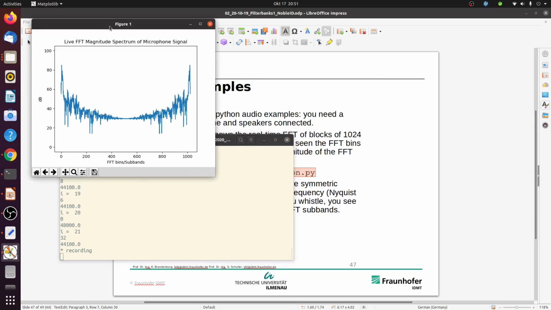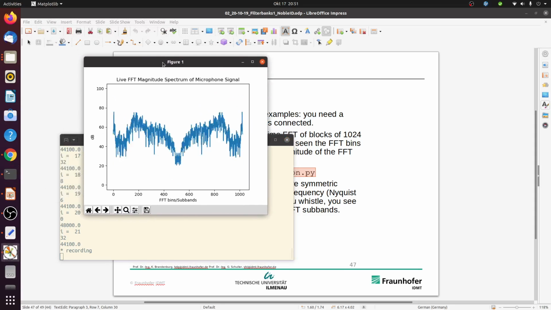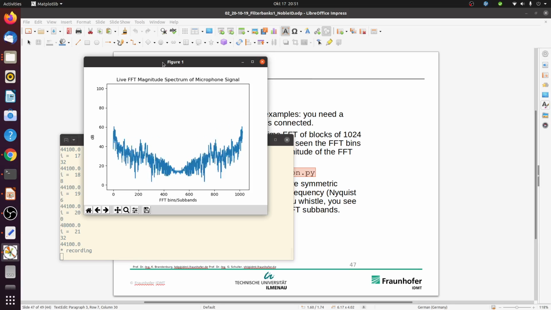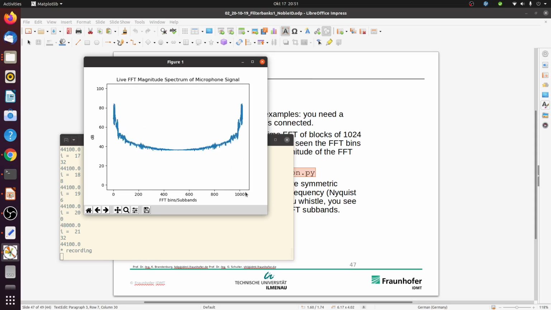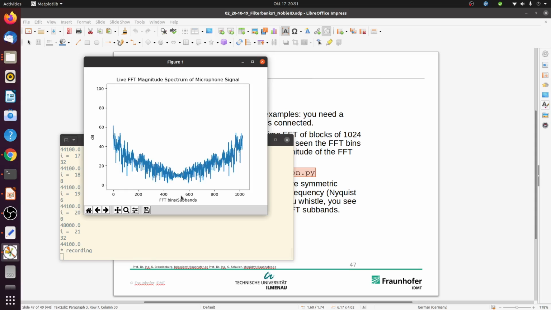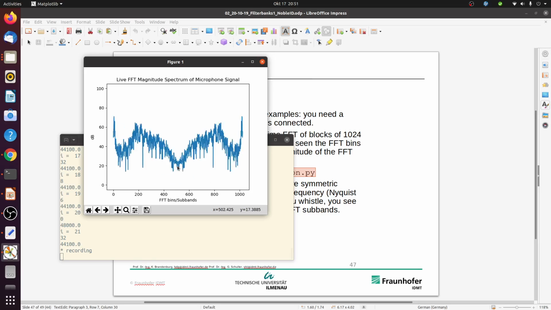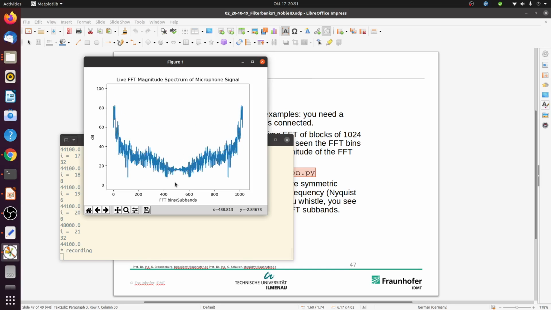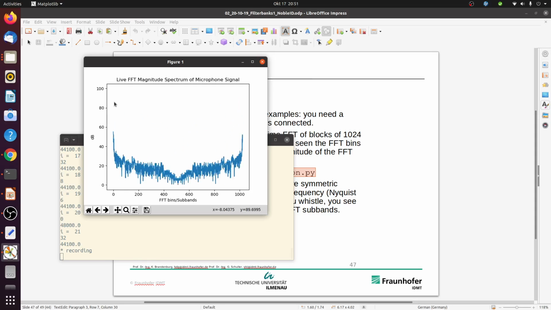So now I'm executing. So here it is. This is now showing the FFT of my microphone signal. Here vertically we have the magnitude in dB. Horizontally you can see the number of the FFT bin or the subbands going from 0 to 1023. And you can see here at 512, this is where you have the Nyquist frequency, the upper limit of our useful frequency range. And you can see my speech now also has most of the energy here at the lowest